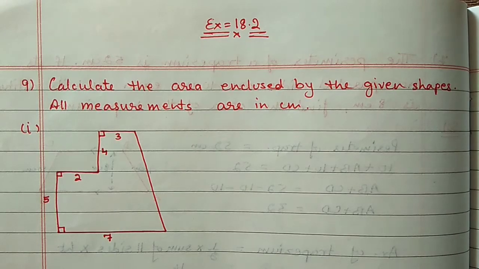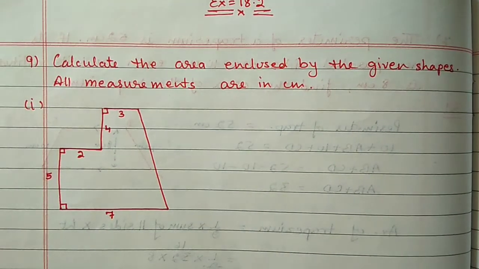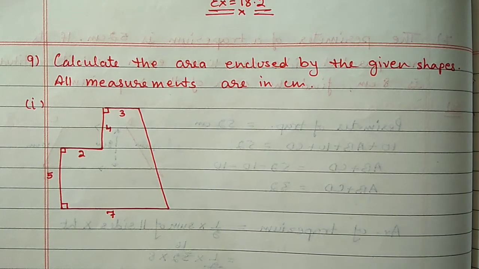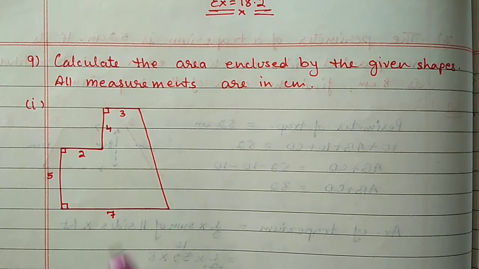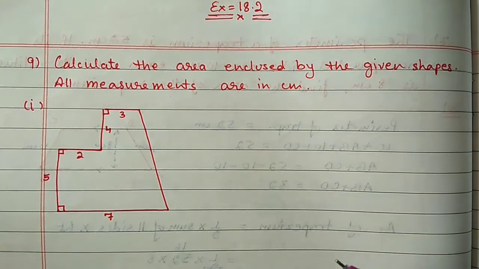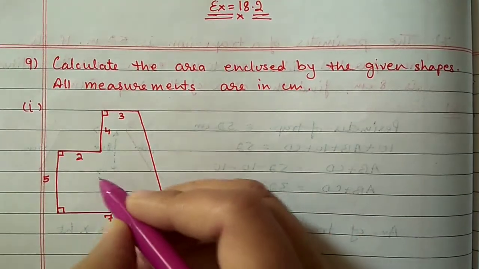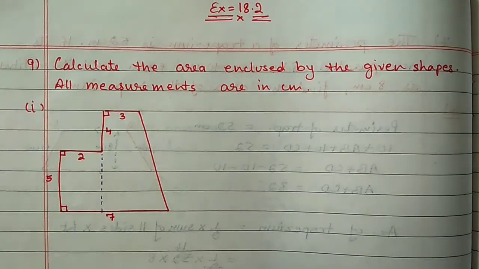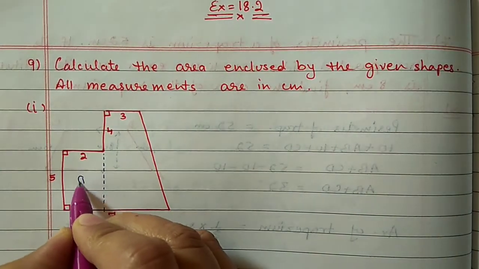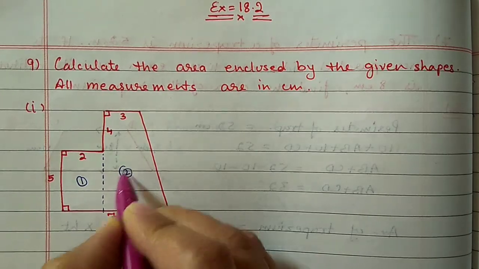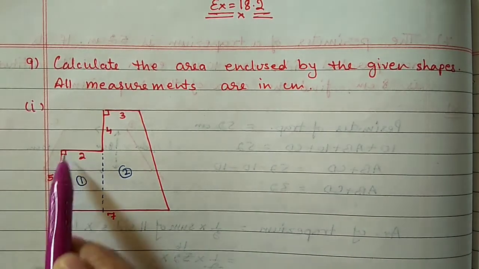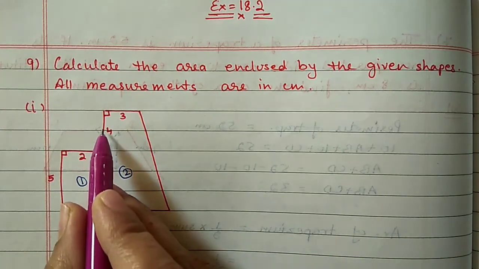So first part, you can see this shape is given. We have to find out the area for this. Directly we don't have any formula for this shape, so we will divide this figure into two figures. If I draw one perpendicular line from here to here, then I will get this one figure and this is the second figure. This first figure is a rectangle because this angle is 90 degree, this is 90 degree, and